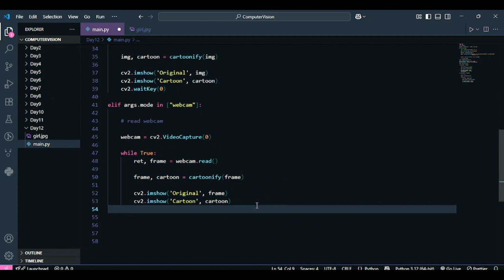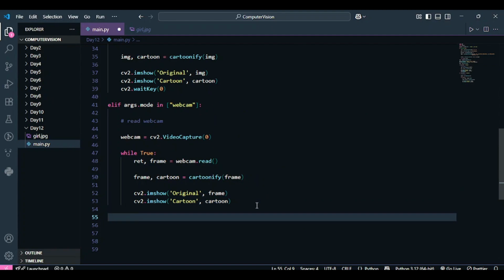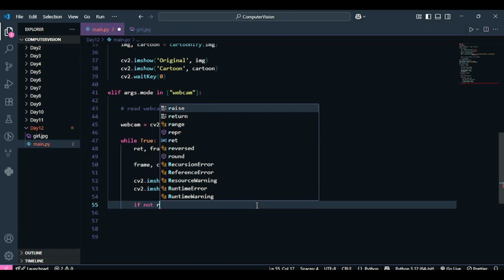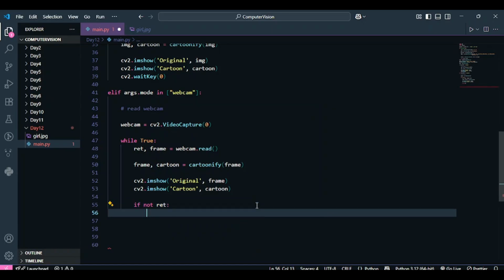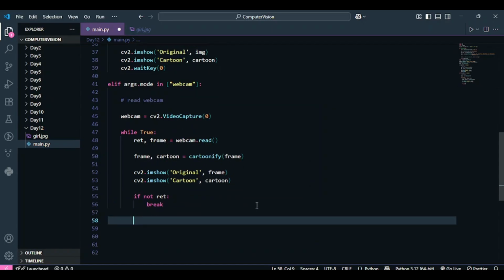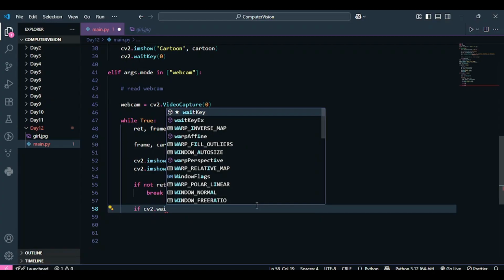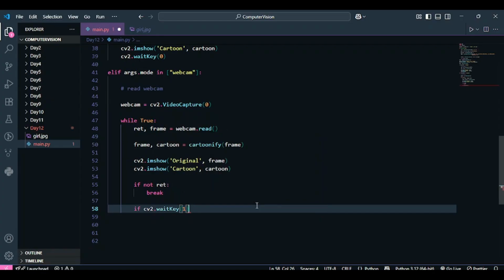The last thing that we are going to do is to come out of the loop. We have to write the logic so that we can come out of the loop. So I'm going to write if not read, you can break, or you can write an alternative logic to it as well, which is basically using the waitKey function. Over here I'm going to pass 1, and I'm going to say if the user presses the Q key, he should also exit out of the loop.